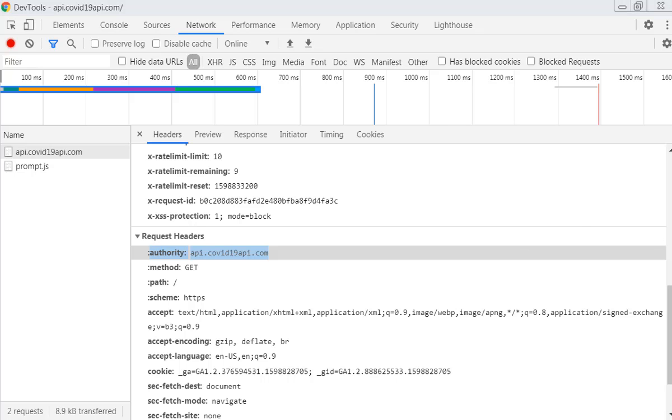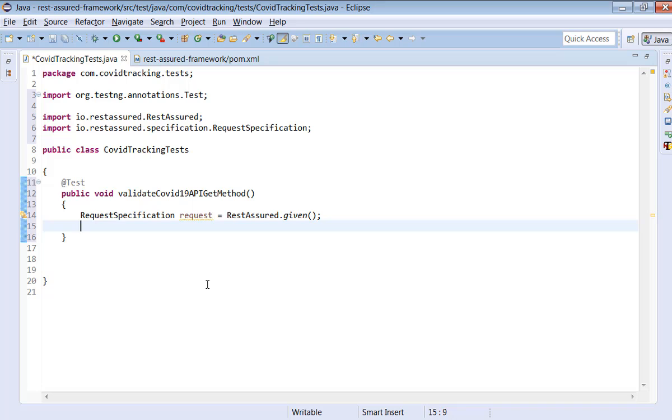Okay, how are we going to write a program to set these request headers? Okay, let's see now. First thing, let's take a map, an object, headers map, request headers. Let's try to put request headers.